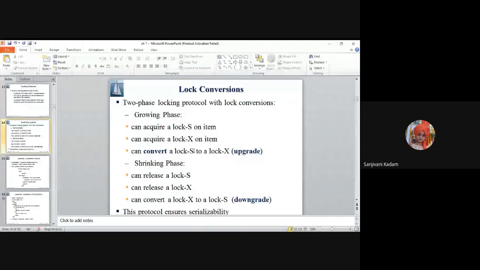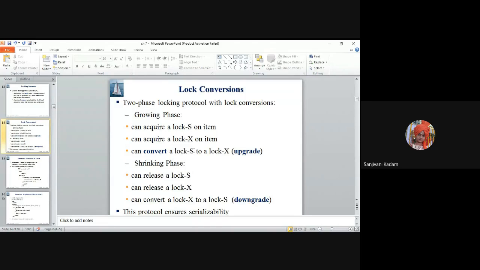There are two phases, growing and shrinking. In the growing phase, in case of lock conversion, we can acquire a shared lock on a data item and we can acquire an exclusive lock on a data item. This is the normal growing phase. Along with that, there is one more possibility: previously we obtained a shared lock on a data item, meaning initially we wanted to perform only a read operation, and now we feel that during the transaction we should have the data item in write mode also.